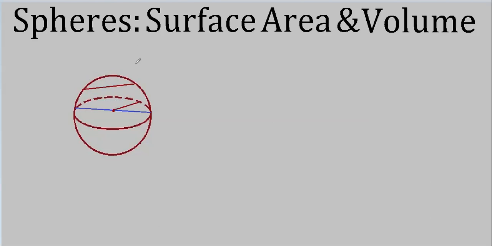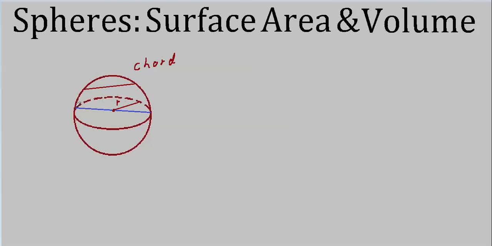What about this other stuff? Well, this is a chord, just like with a circle. It goes from one point on the surface of a sphere to another. That's a chord. This is a radius, just like it was with a circle. And in fact, we used that term for regular n-gons too, didn't we? Hexagons, pentagons. Very common term. Well, we use it for spheres as well as circles.